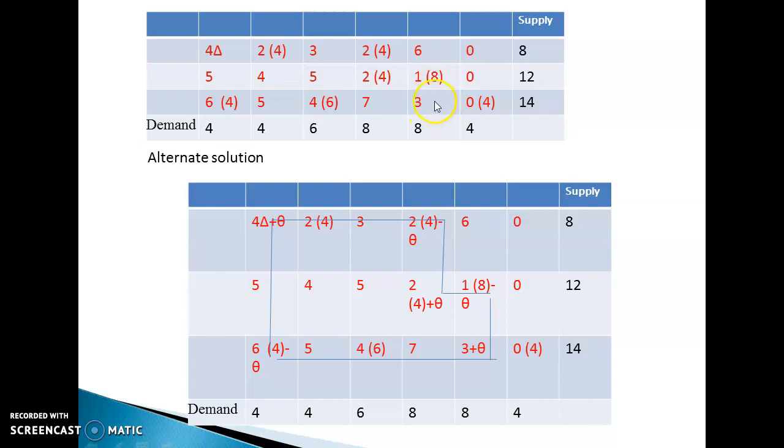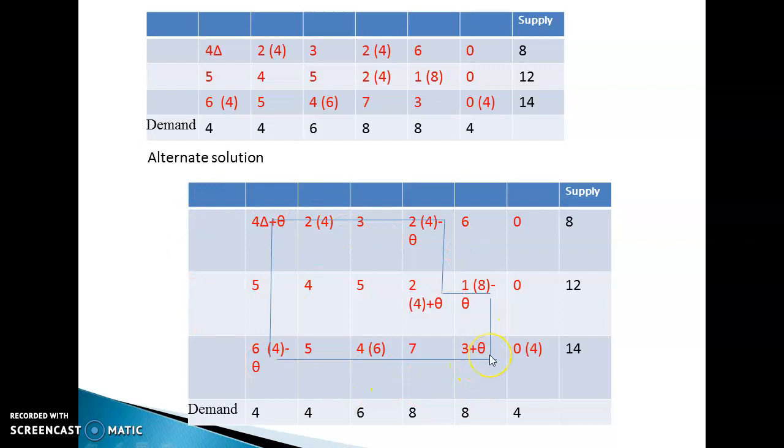So that means you can allot something over here. To allot something over here, again you need to create the loop in such a way that it is a closed one. That means I can move this way. All the corners except this one have to be allotted. That means this way 1, 2, 3, 4, 5, 6. If you see this loop, all the corners except this one have some allocations. So form a loop in such a way that only this cell has no allocation. So here the loop is formed.